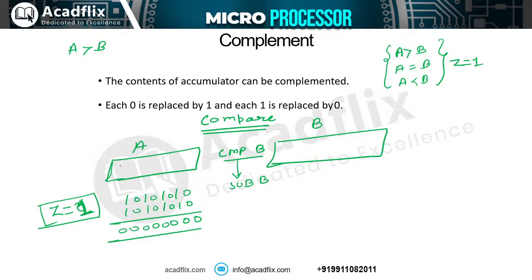Okay, in this we have the value 45, 0 1 0 0 0 1 0 1. In this we have, let us say, 32. Okay, so this is the value. Now if you are subtracting A minus B, after subtracting you will get the value. A is 0 1 0 0 0 1 0 1, and B is 0 0 1 1 0 0 1 0.